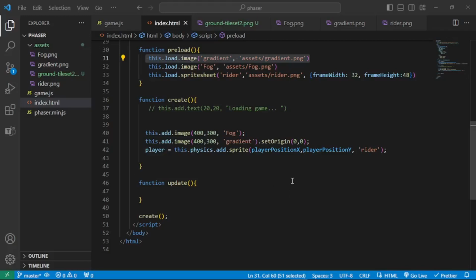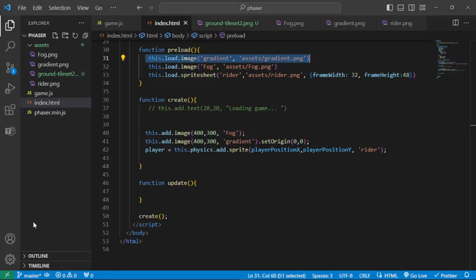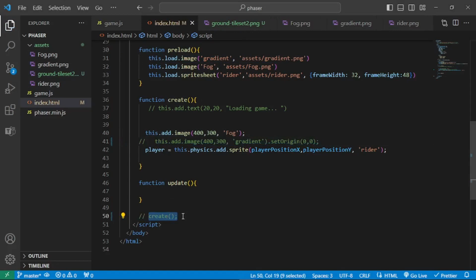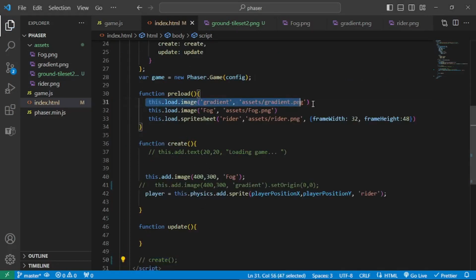Okay everyone, so in this next video, I just want to work with adding some platforms. So let's try to remove the background image that has a gradient, the one that we tested out here. I'm just going to remove that, just going to comment this out for the meantime. I'll be deleting that later on. And I already have a sample tile set that I took from one of the games that I'm trying to work on. And now let's try to work with the physics